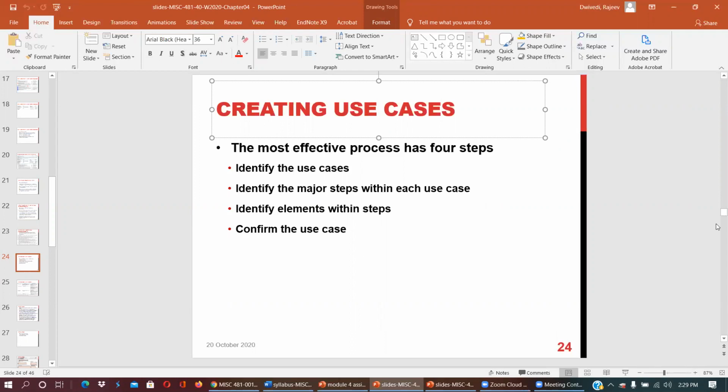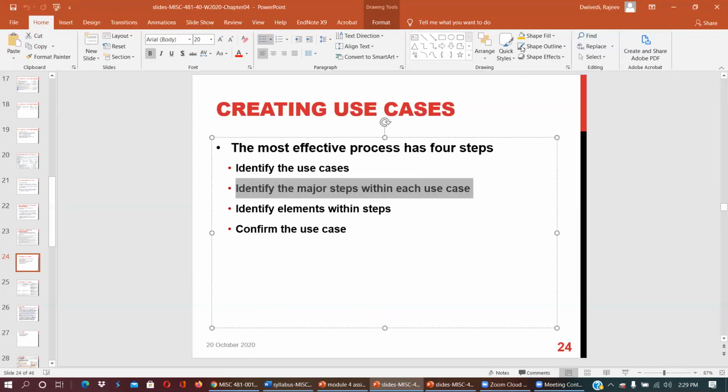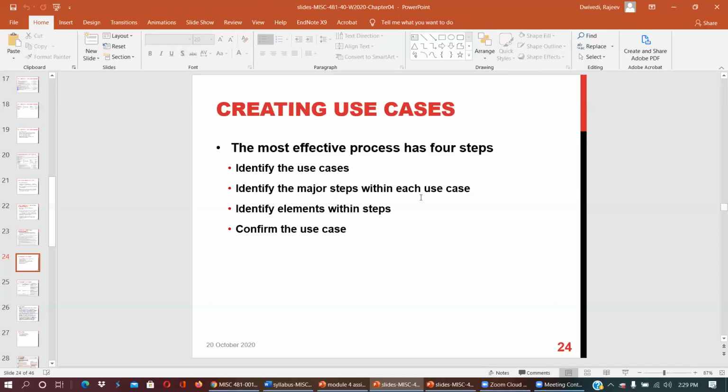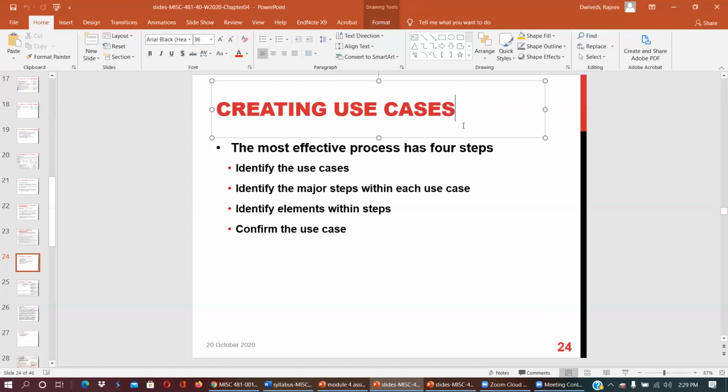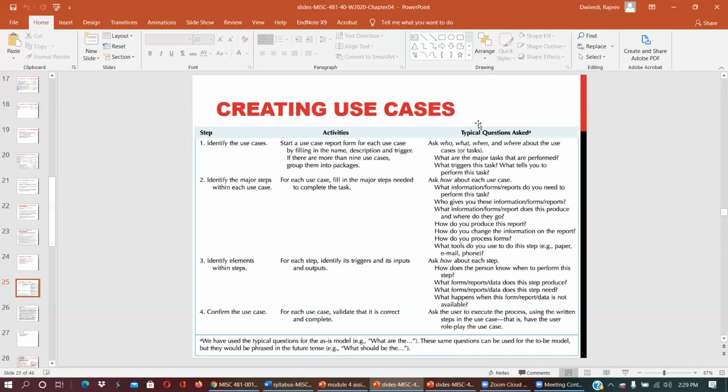However, identifying use cases is challenging until you understand or research the complete system or how it works.